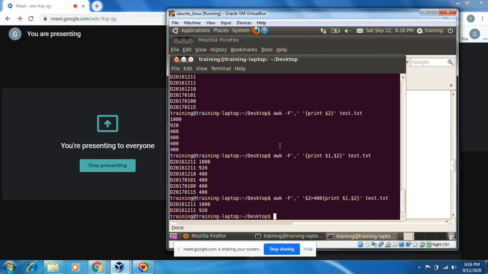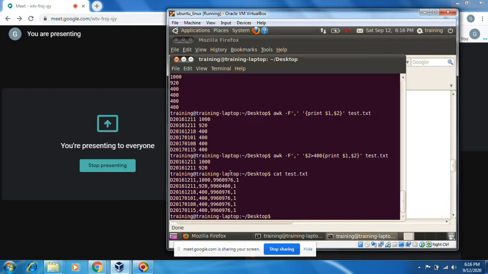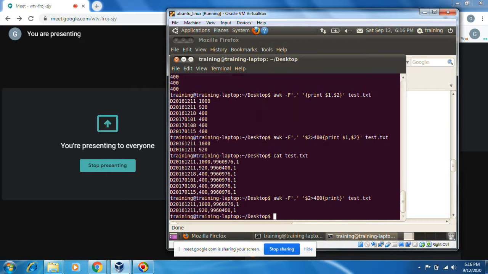See, in this file's contents, I want to print only if the second column is greater than 400. If the second column is greater than 400, I want to print entire lines. You can print $0 also.